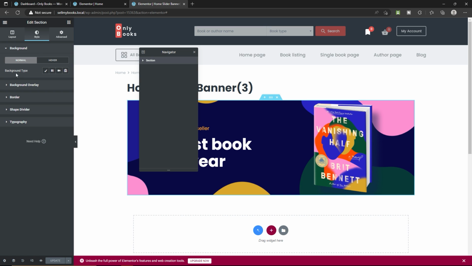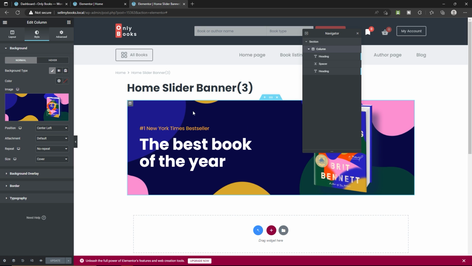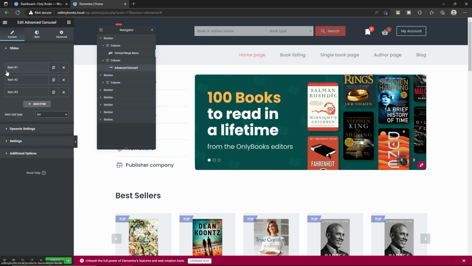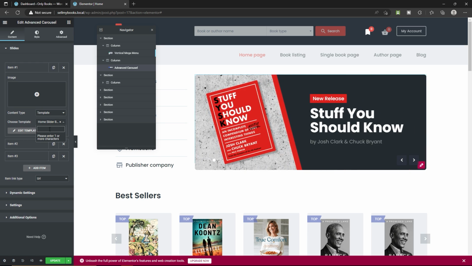Go to style, advanced. Now edit the column. Inside the column we have the background image right here. You can see we just added. From here you can edit this image. And here you can see we have the item 1. Inside the item 1 we have added this template, home slider, or you can edit this